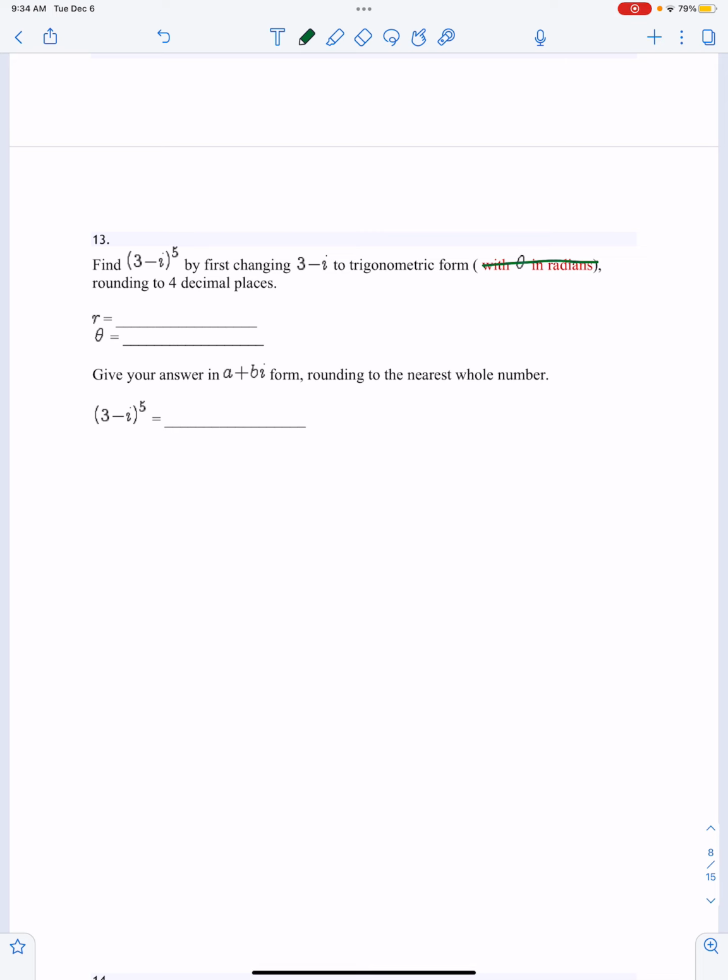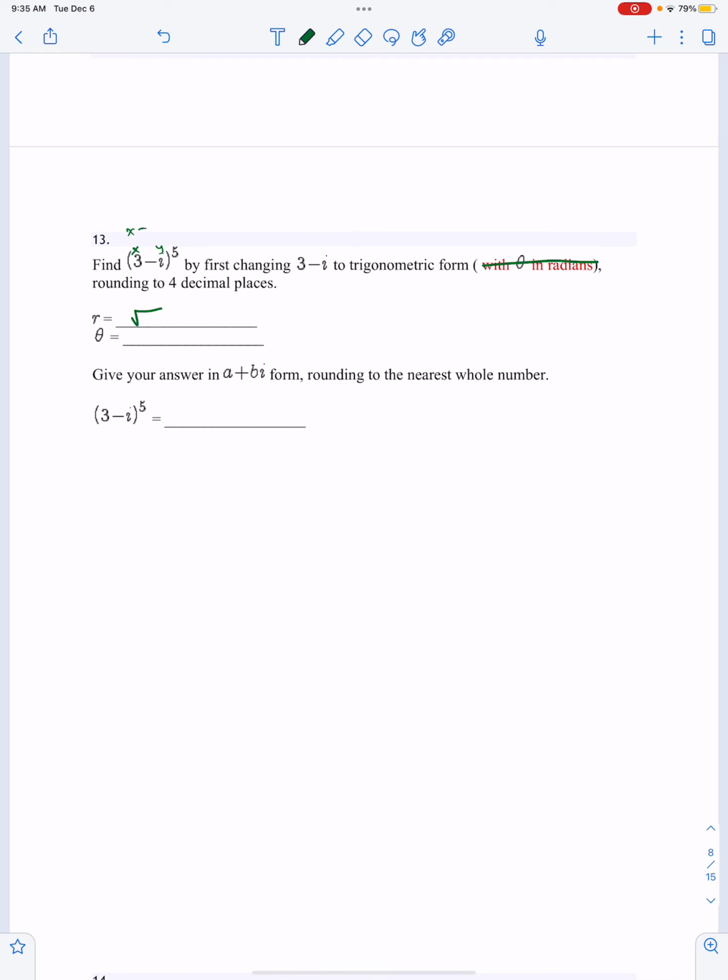Number 13, you will find 3 minus i to the 5th power. We're going to use Binomial theorem. So the first step is to convert from rectangular form to a polar form, and then we're going to apply Binomial. So we need to find r and we need to find theta, and I'm going to leave them in degree form. So r is equal to the square root of, this is x and this is y,